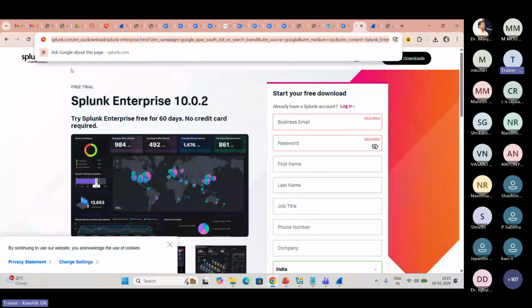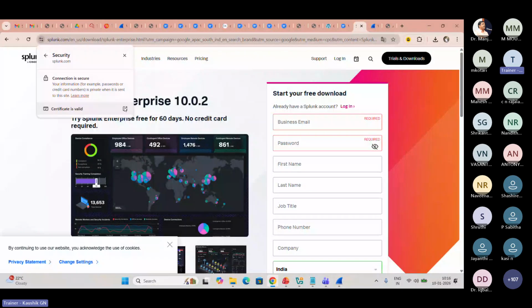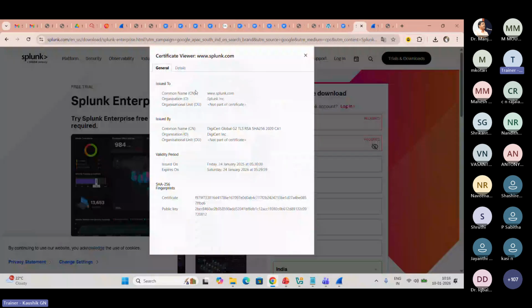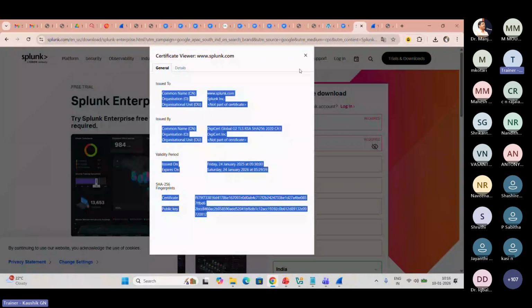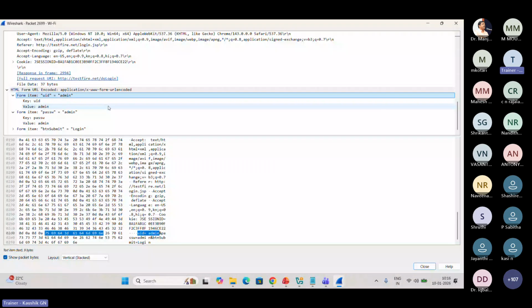So here the certification will be added, and you will get all the details of it. This certification is done using encryption technology. Because of that, the username and password or any kind of information won't be traveling in the form of plain text. This is how you capture the data, and you analyze the data using the Wireshark tool.